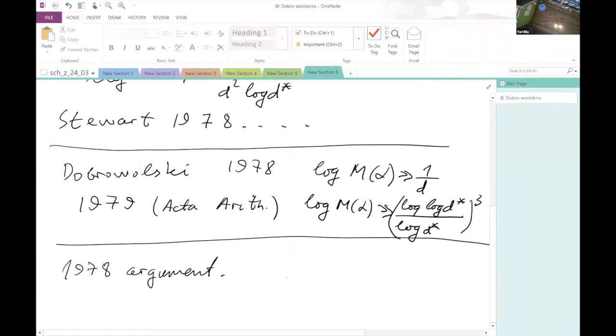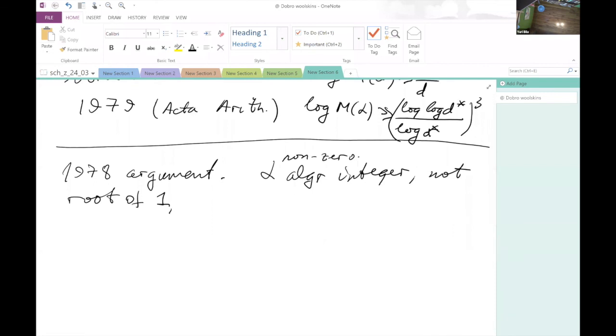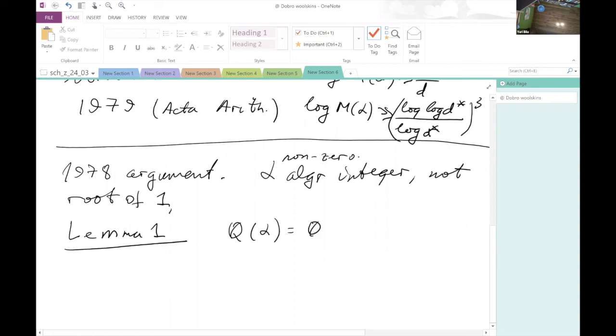So again, alpha is a non-zero algebraic integer, not a root of unity. And he uses two lemmas that will also be needed for Dimitrov's argument. Lemma 1: if p is a prime number, then we have two possibilities. Either Q(alpha) is Q(alpha^p),